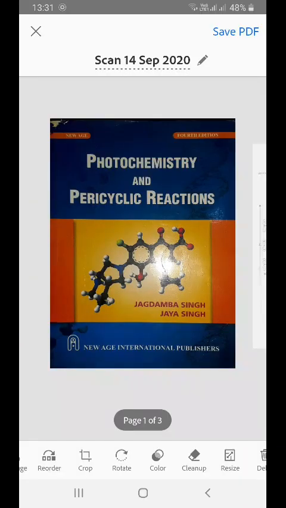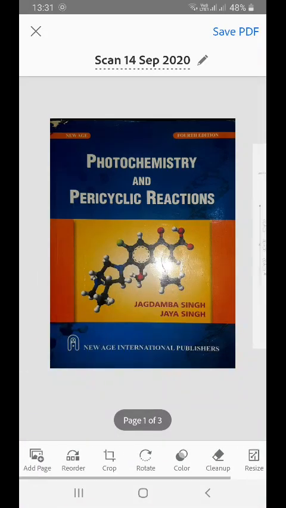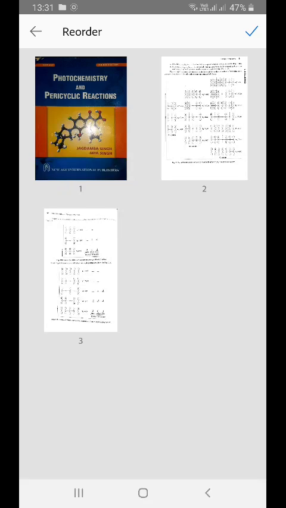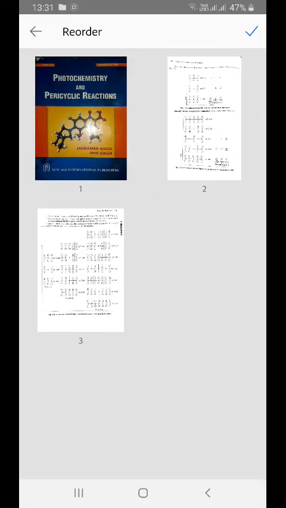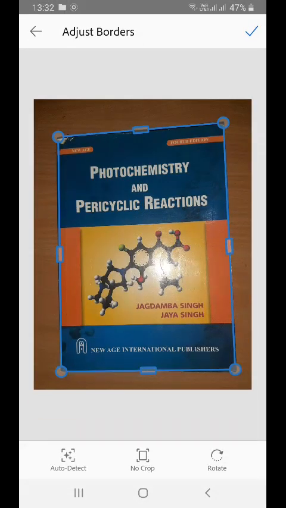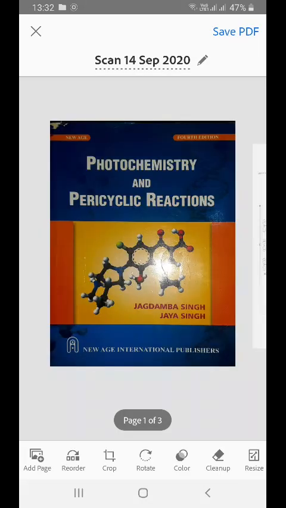Click on these 3. So first one is this one, second and third. If you want to shuffle it, you can shuffle it. If you want to add pages, you can click on this icon, add or select from your gallery, or click. You can reorder them, such as here. If you want page number 1 at page number 2, you have to just drag it and replace it. Okay, so you can change the sequence of your pages also. Just click right on it. You can crop also if you think that okay, earlier I have made some mistake. So it will take some time to crop.